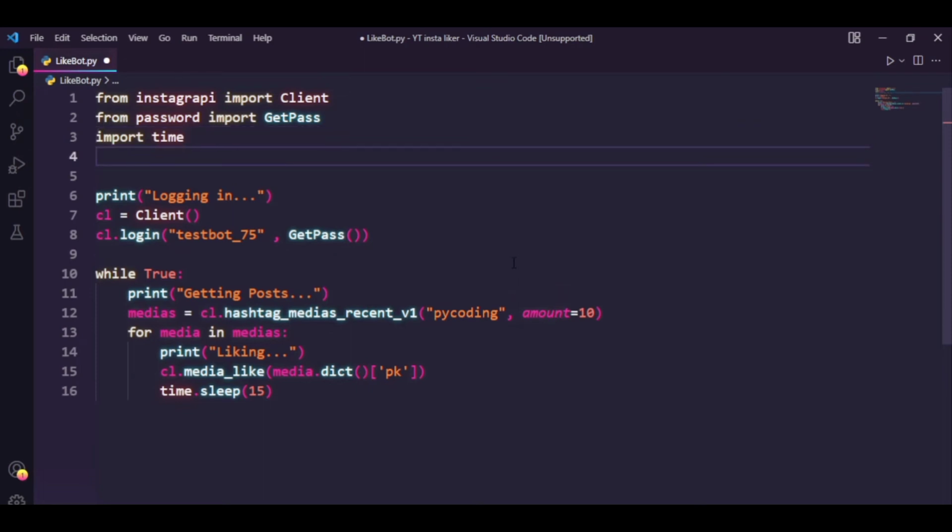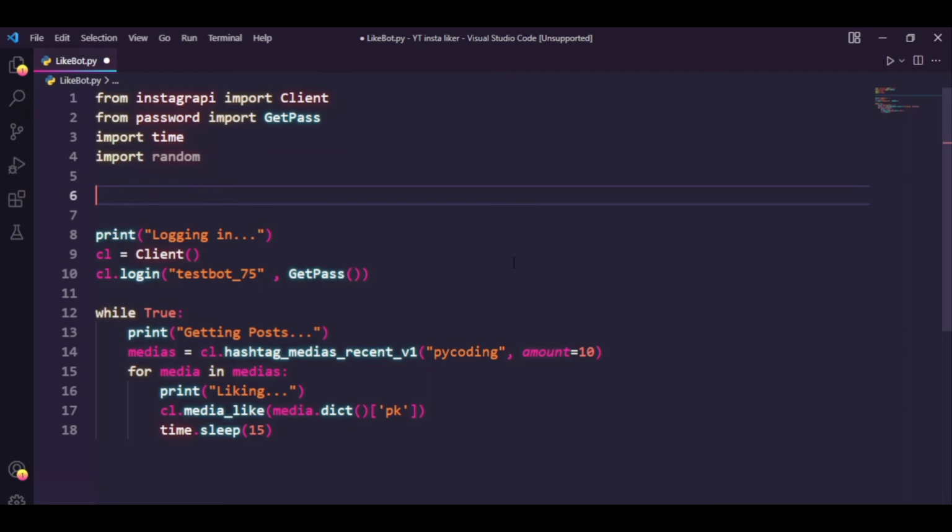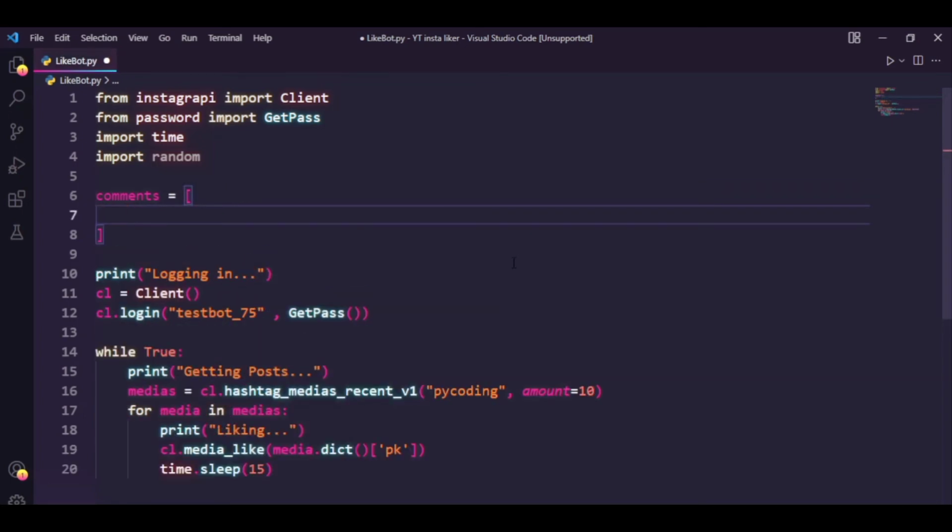We want to firstly begin by importing another module, that's the random module. Secondly, we want to create an empty list. Let's say comments equals to an empty list, and inside this you want to put the comments you would like your bot to comment on other posts. So I'm gonna just say great work, cool,